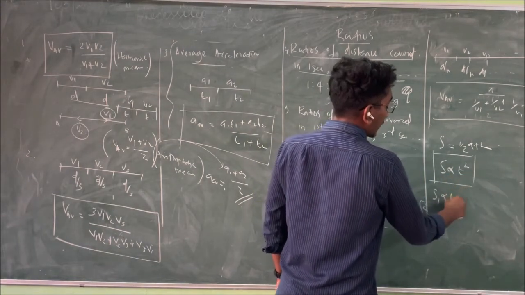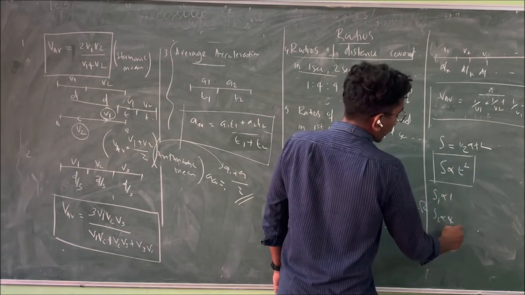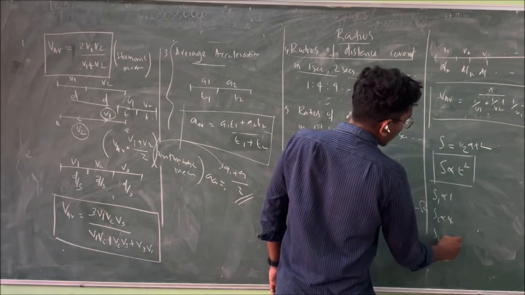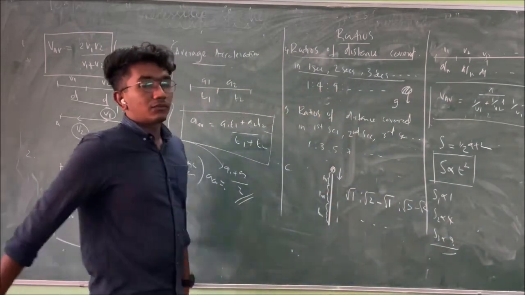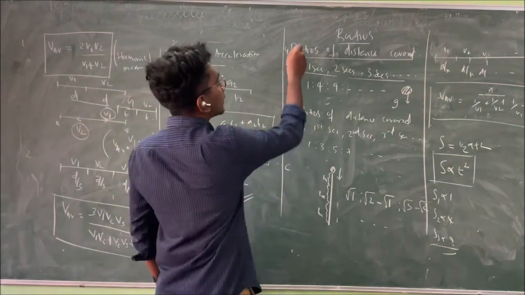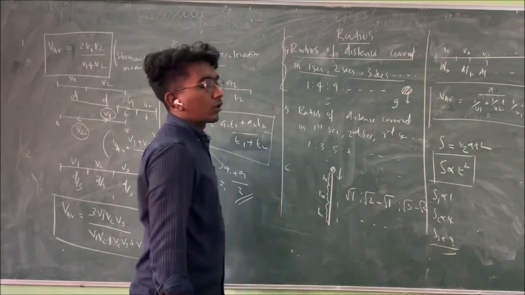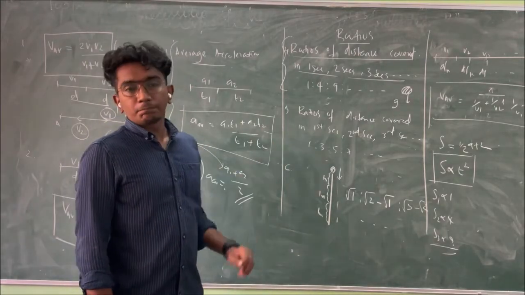That is why in the first second, S1 is proportional to t square, that is 1 square, 1. S2 is proportional to 2 square, 4. S3 is proportional to 3 square, 9. So 1 is to 4 is to 9, that is 1 square is to 2 square is to 3 square, like this. This ratio is important. We use this ratio to solve the problems sometimes. Okay, next thing.